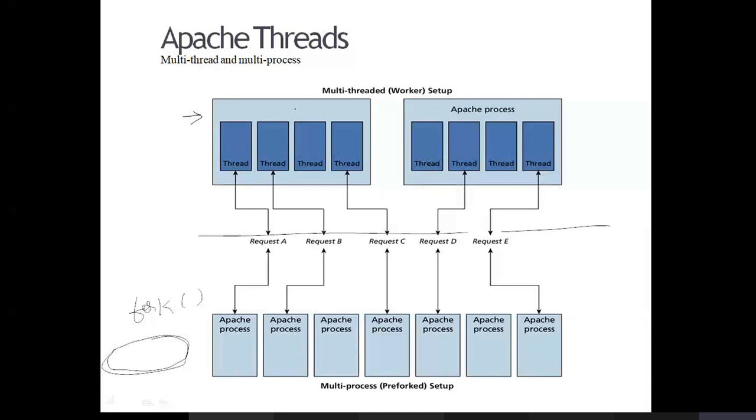Whatever memory is allocated is shared by the thread, and also some of the code and information. The thread is going to share the memory and the code that is allocated or used by the process. Because of all these things, we say a thread is a lightweight process. It does not require allocating a separate memory, as in the case of multi-process. So that is one advantage of this.